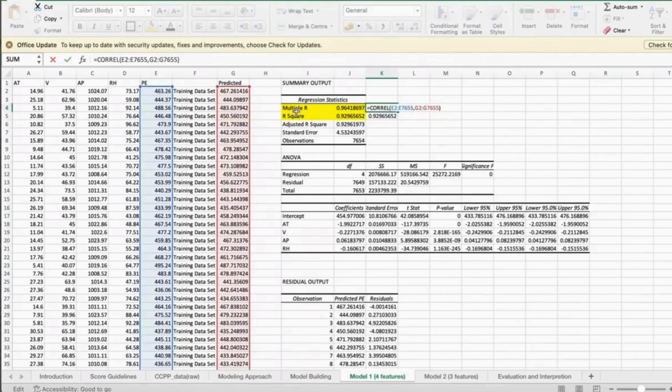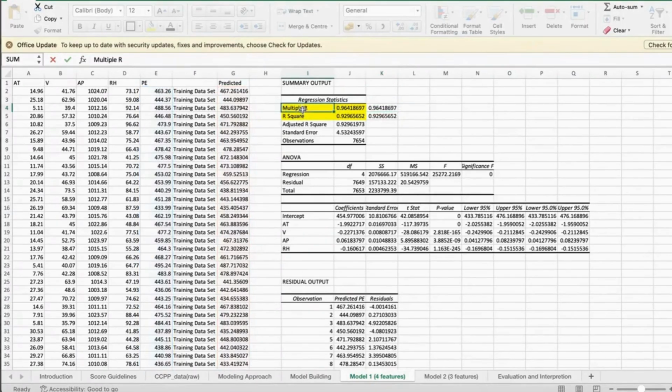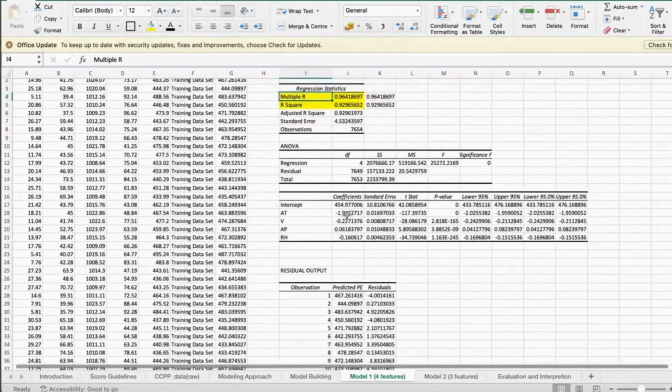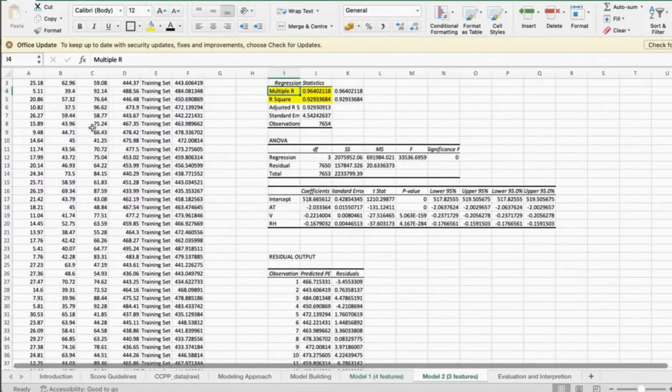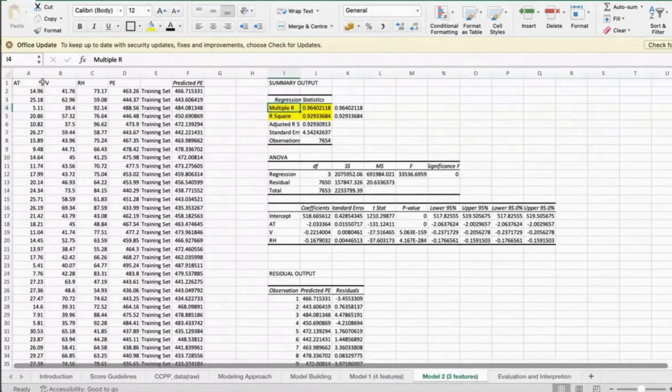We have also tried to use correlation to validate that the data being used in the model is correct. The R square coming from the model and the R square that we have calculated are identical. If you look at the coefficients, the coefficient AP has the lowest absolute value, and that is why in our second model we have dropped it and will be using the remaining 3 variables, following the same process. We have predicted P, and that has also given us coefficients that we'll be using on